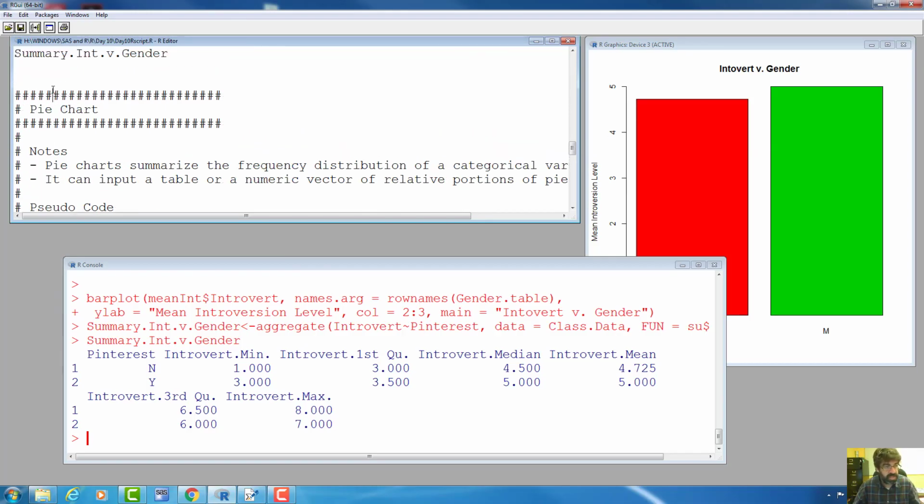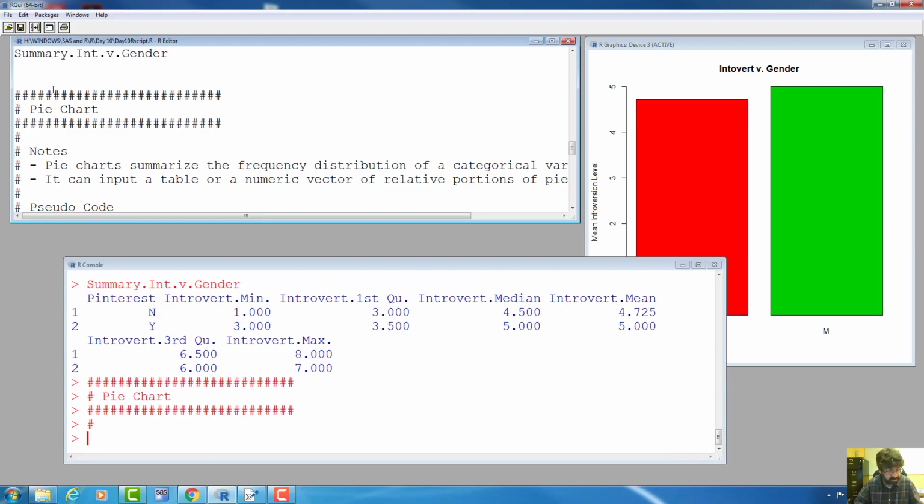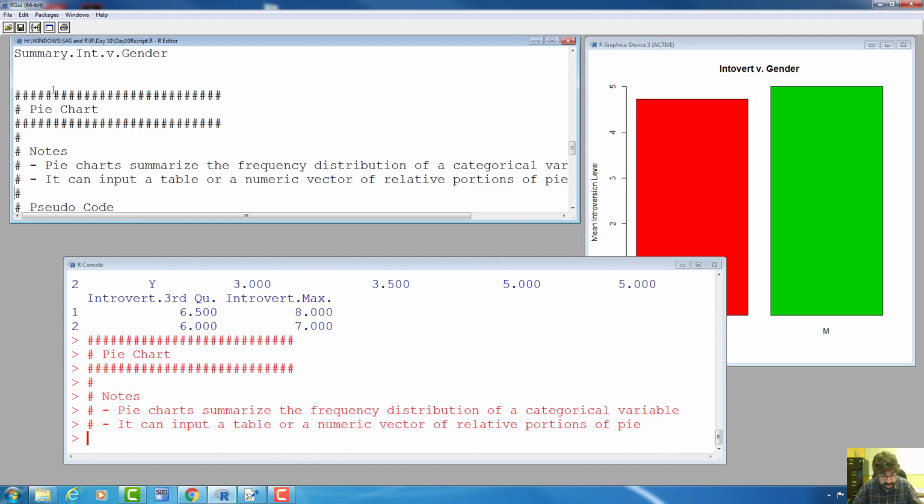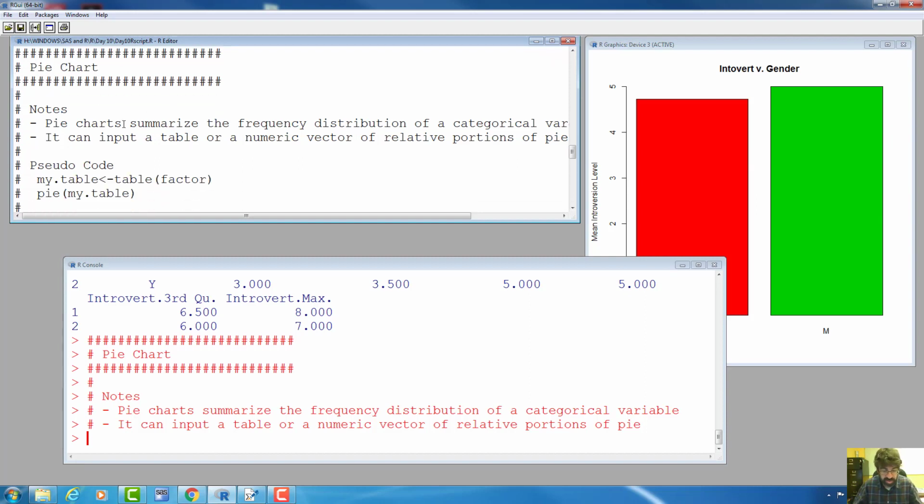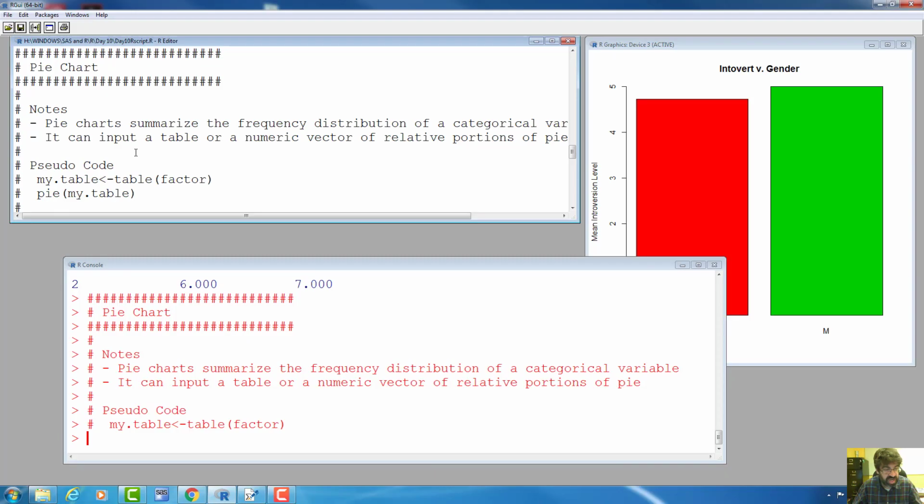Okay, let's look at pie charts. So here are the notes. A pie chart summarizes the frequency distribution of a categorical variable. It can take a table or a numeric vector as input, just like bar plot. There are a bit more restrictions. You can't have negative values, for example,